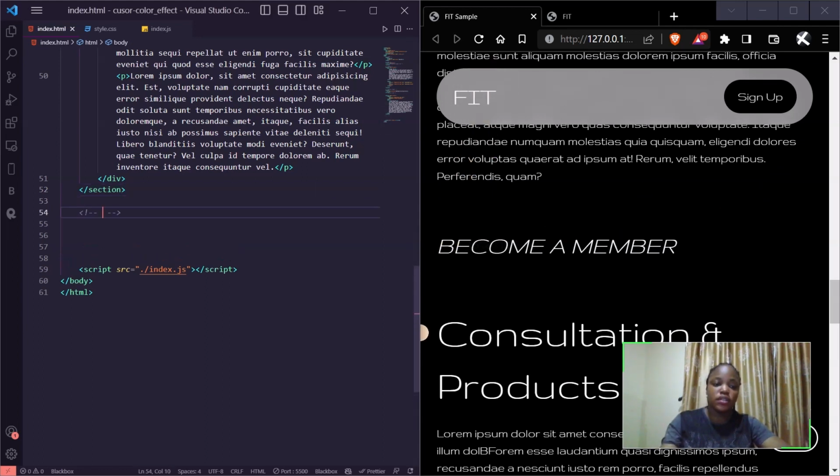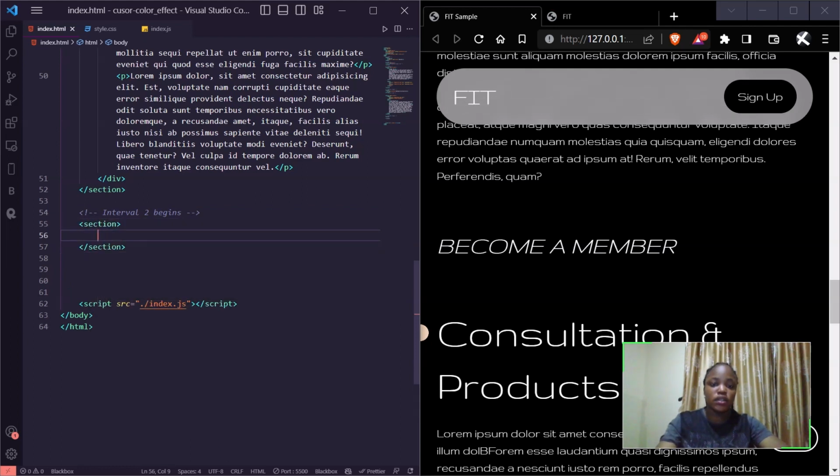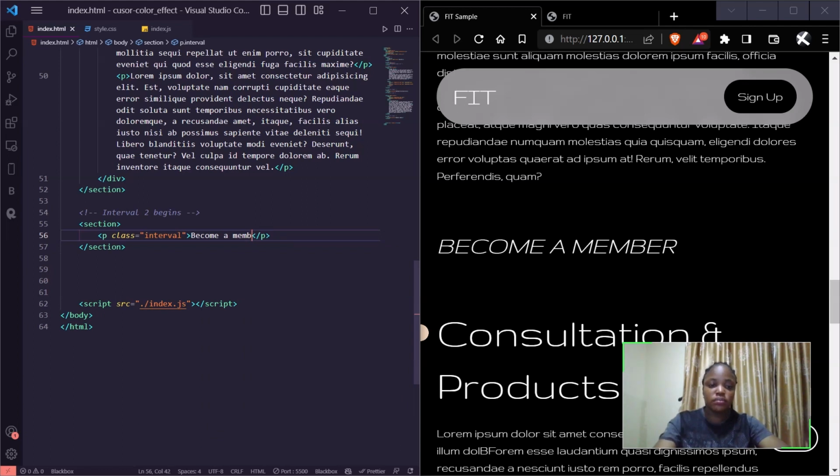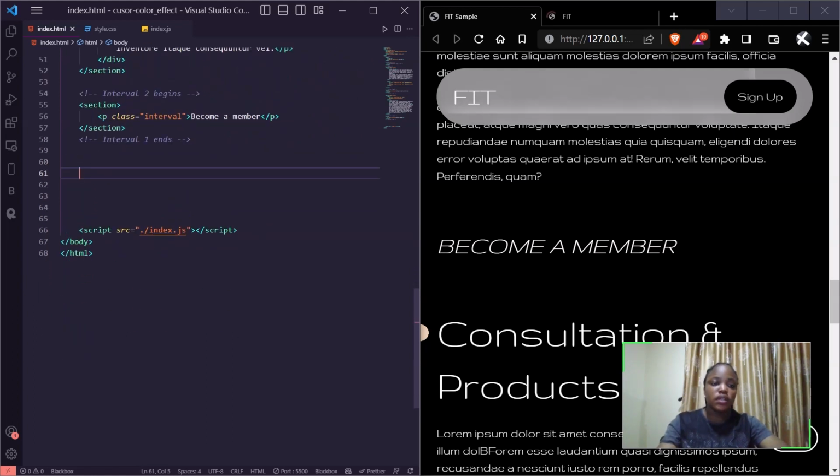Next we want to do "become a member". Okay, so I can just come here and say interval to begin, and we do a section again, and we give a p of class interval, that's the paragraph, then write "become a member". We'll change all this to capital letters when we're styling. Okay, so here we can put interval one. Okay, so let's go downwards, create another section